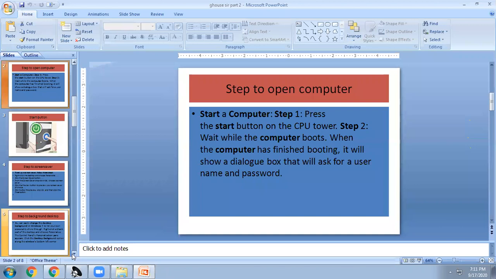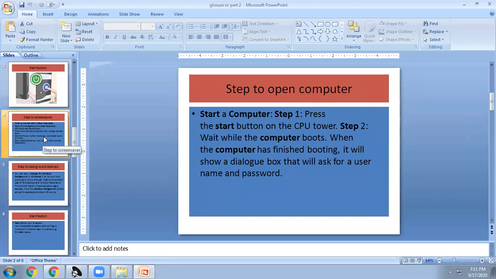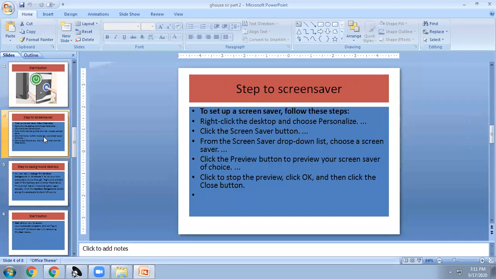So coming to the next step, step 2, screensaver. We will look at how the screensaver will be. If you move away from the computer, the screensaver will come on your computer and show something moving on it.